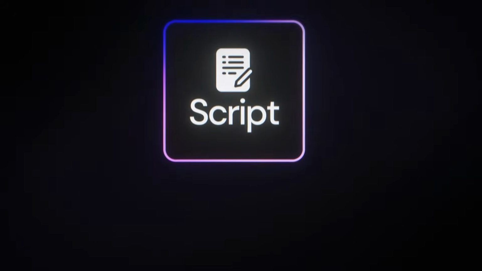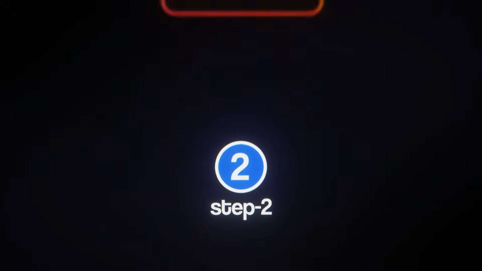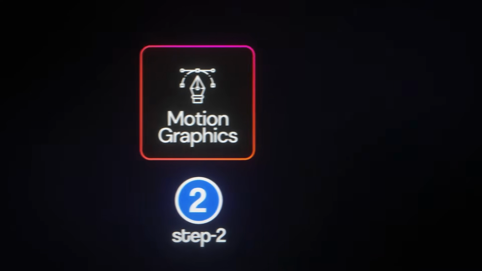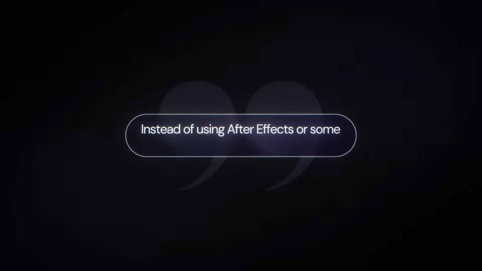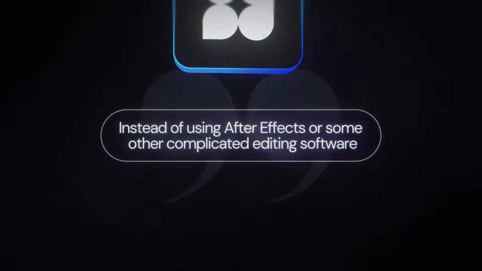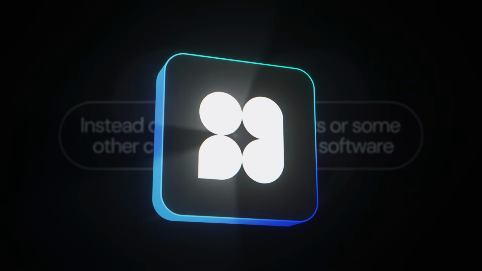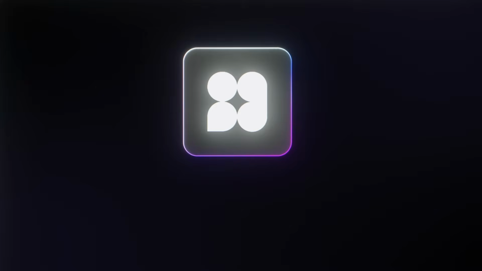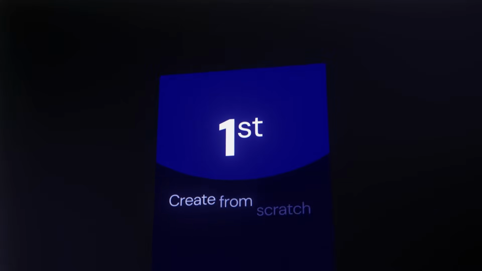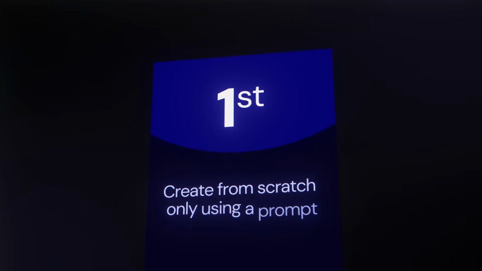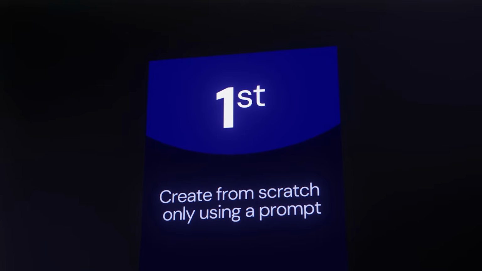Okay, now that you have your script ready, we can move on to creating the motion graphics. So instead of using After Effects or some other complicated editing software, you want to use Hera, which is an AI motion graphic generator that can create animations from a simple prompt. It works kind of like a ChatGPT but for motion graphics. So there are two different ways to create motion graphics with Hera. Either you can create it from scratch, only using a prompt describing what you want the animation to look like,